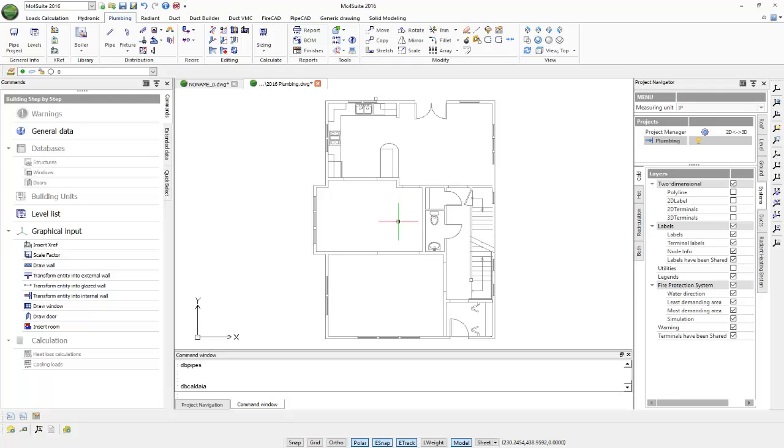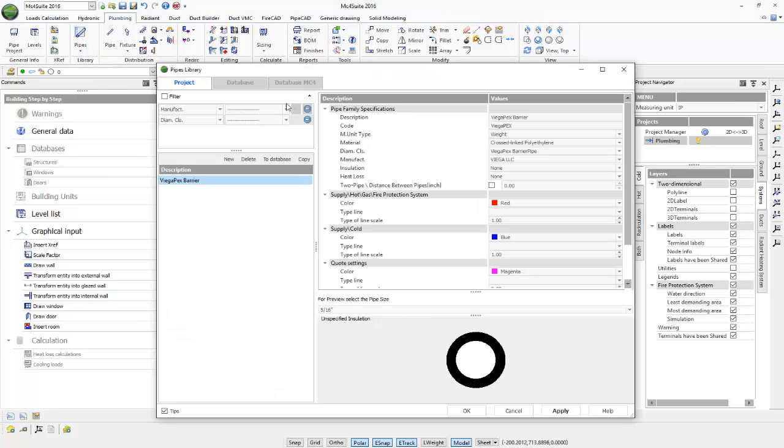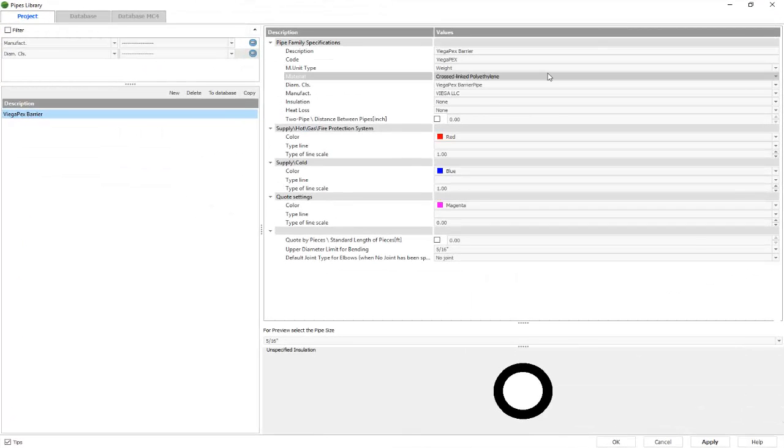Choosing a pipe for your plumbing project can be easily done by going to your Plumbing tab, then going to your Libraries panel and selecting the down arrow. We'll click on the Pipes button, and as you can see we have our Pipes Library window. At this time we have our Viega-Pex barrier in our Project tab, but if you'd like to choose another, we